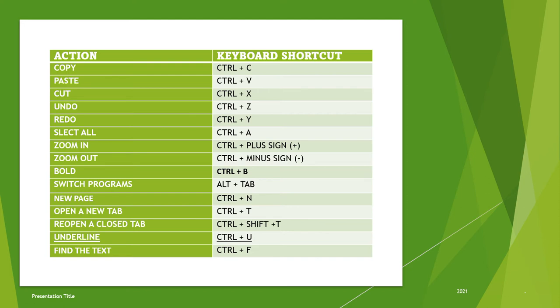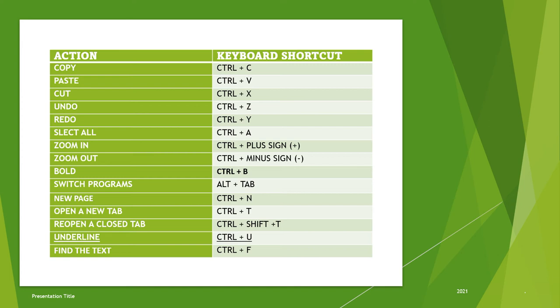There are many major shortkeys of your keyboard which we are using in our daily routine life, and there is one main key, which is called the control key. This control key will help you with all other keys. For example, if you want to copy the data, you need to press control plus C. Once you press control plus C, your data will be copied, and if you want to paste the same data on another page or another place, you need to press control plus V.